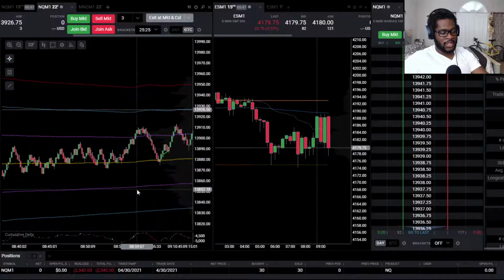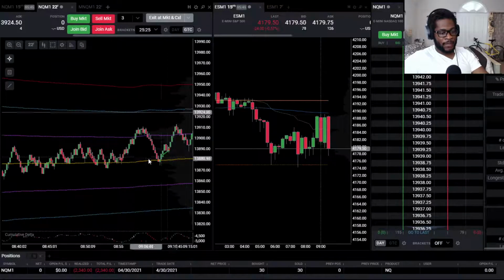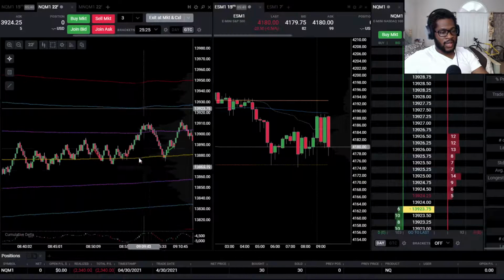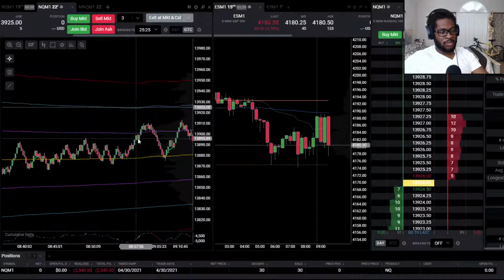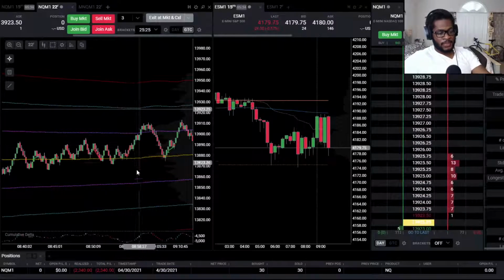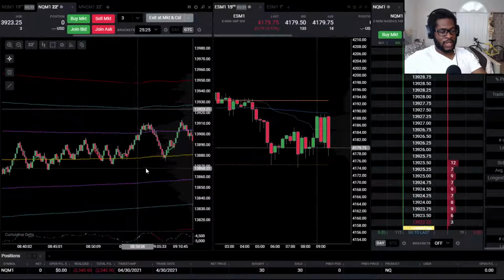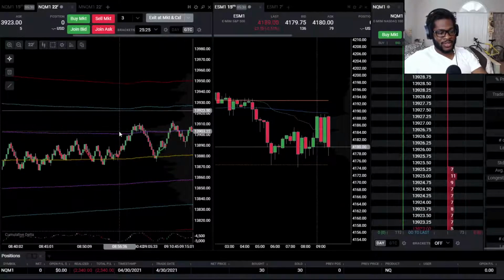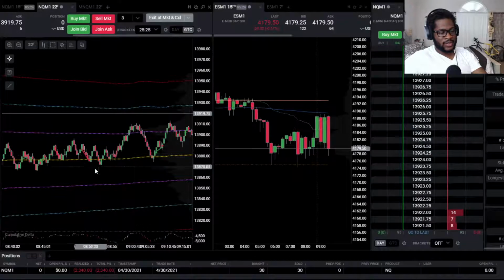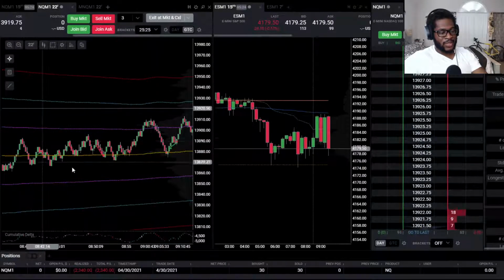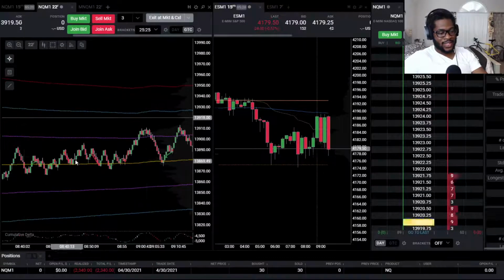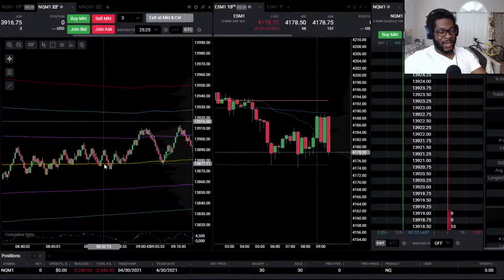The first time I should have taken a trade was here after this pullback, but the rest of these trades were a no-go. Maybe I could have even taken a breakout here if I really wanted to, but usually I don't like to take breakouts for the reasons you can see today. But just got wrecked there. Again, don't follow my trades, don't do what I'm doing, because you can see I honestly am a bad trader.